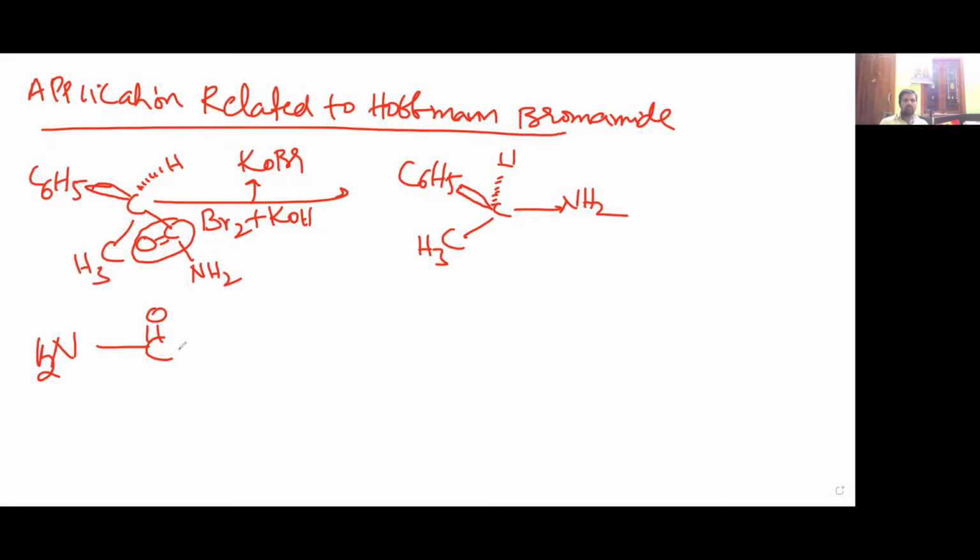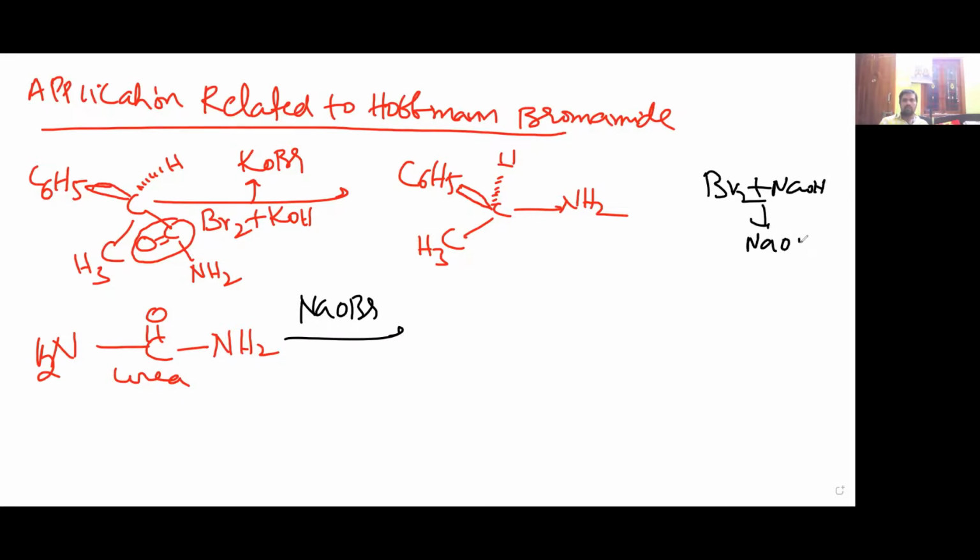And another thing, NH2 C double bond O NH2, urea. So this is one of the important applications. Same, I'm adding NaOBr. Please remember NaOBr. This is the haloform reaction reagent also, the same reagent. So Br2 NaOH is giving NaOBr. What I told as the trick, just you miss the C double bond O. You prepared hydrazine. Okay.